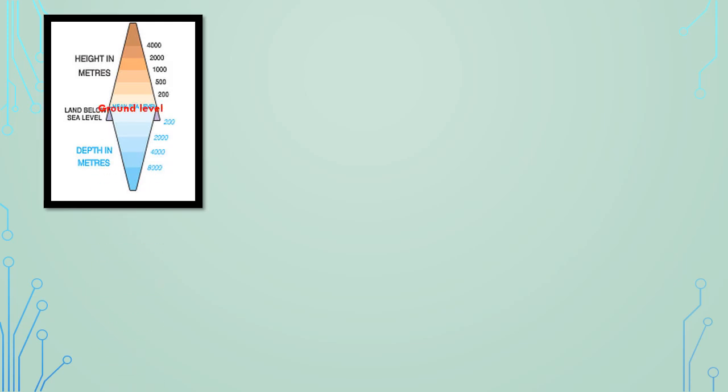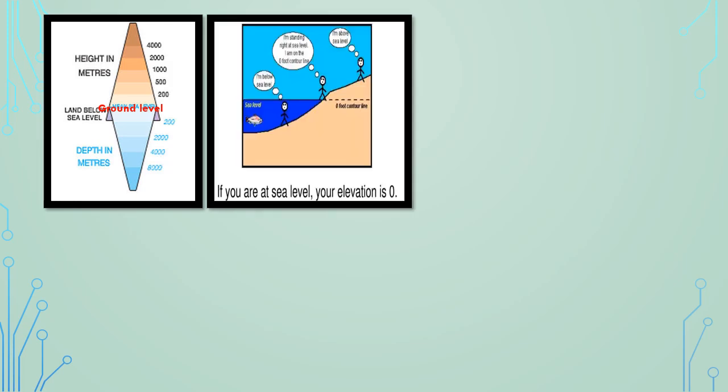Look at this picture. The part which starts with light brown and ends in dark brown is above the ground, and the blue part referring to sea level is given in blue color. The next image shows a person standing below sea level, at sea level, and above sea level.